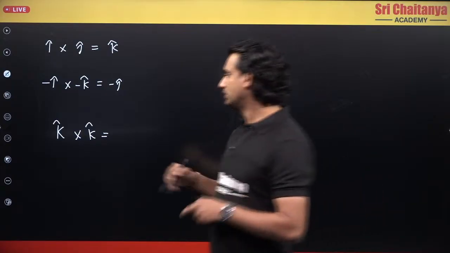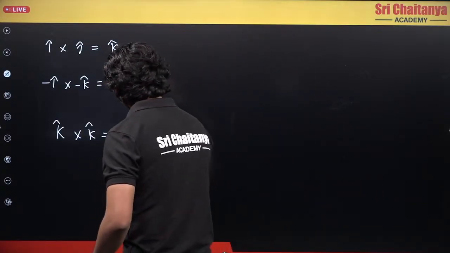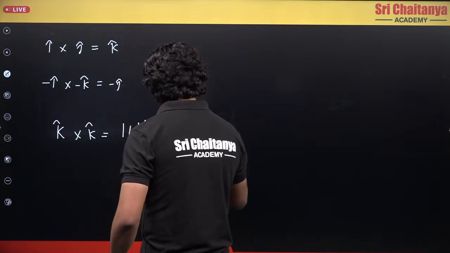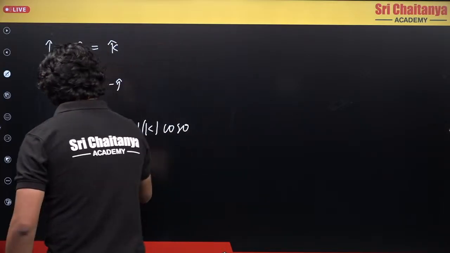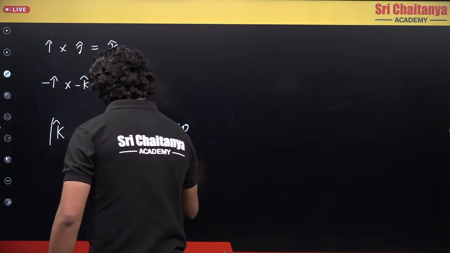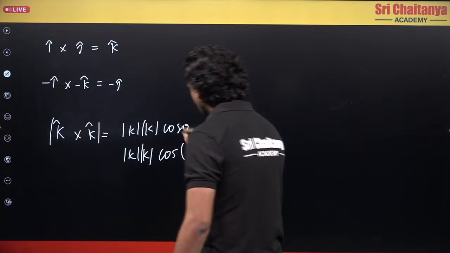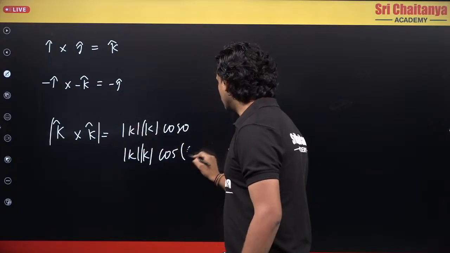Is this possible? Understand, what is this? This is basically mod k into cos theta. What is cos theta? If I find the magnitude, this will give me mod k into cos, right? And what is the angle between them? The angle between them is 0,